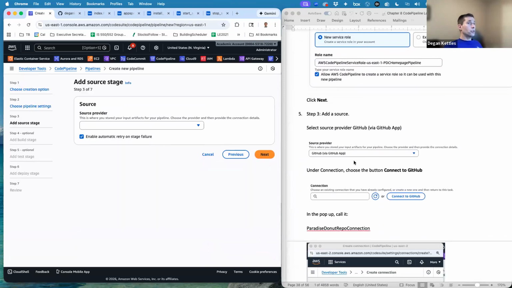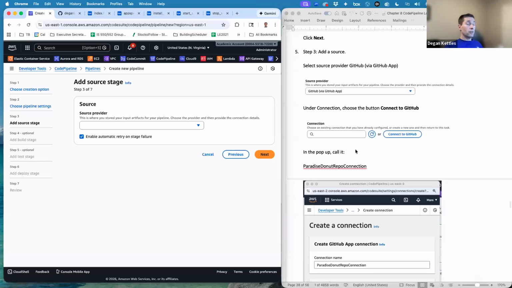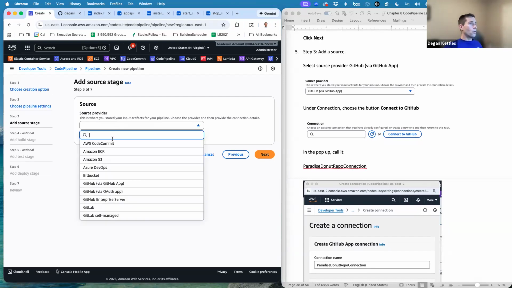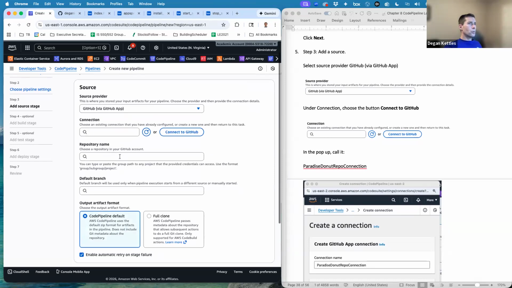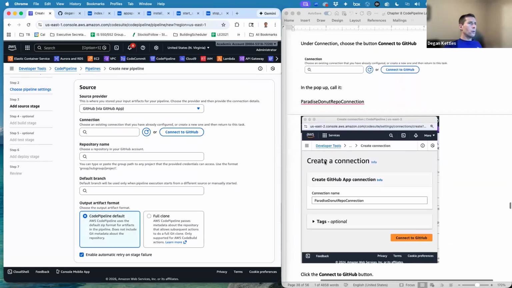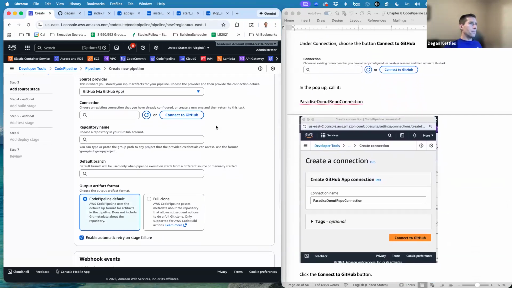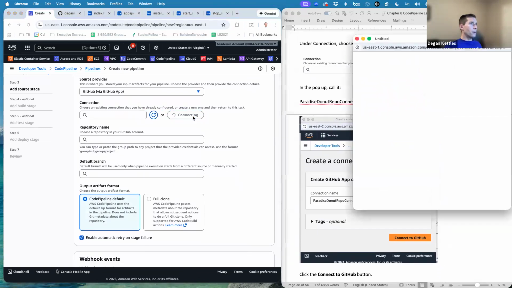Now it says provide the source. Because I've done this before, there's already a little bit of authentication going between my AWS account and my GitHub account, so you'll have a little bit more steps to fill in than me. But where's the code going to come from? It's going to come from GitHub. And what's the connection we're going to use? You want to click on the white button right here, connect to GitHub,